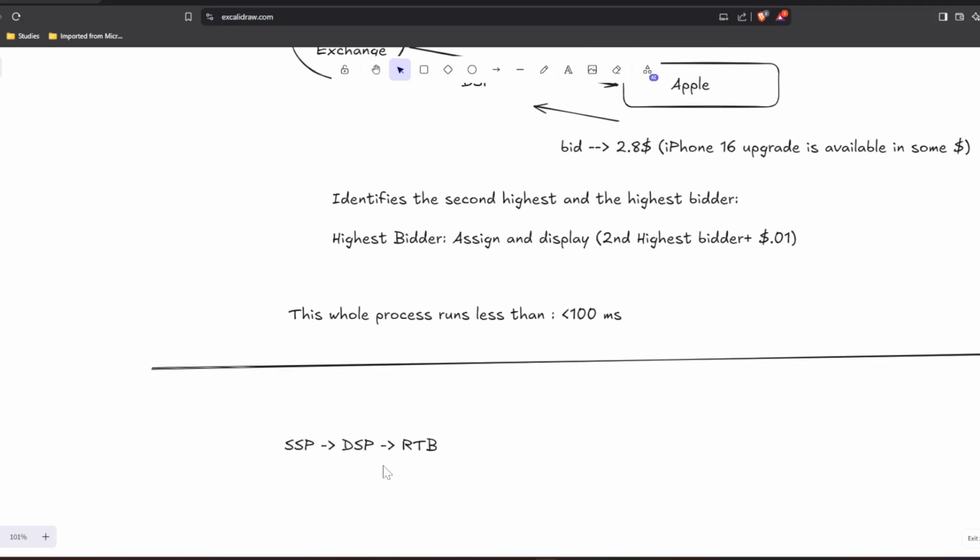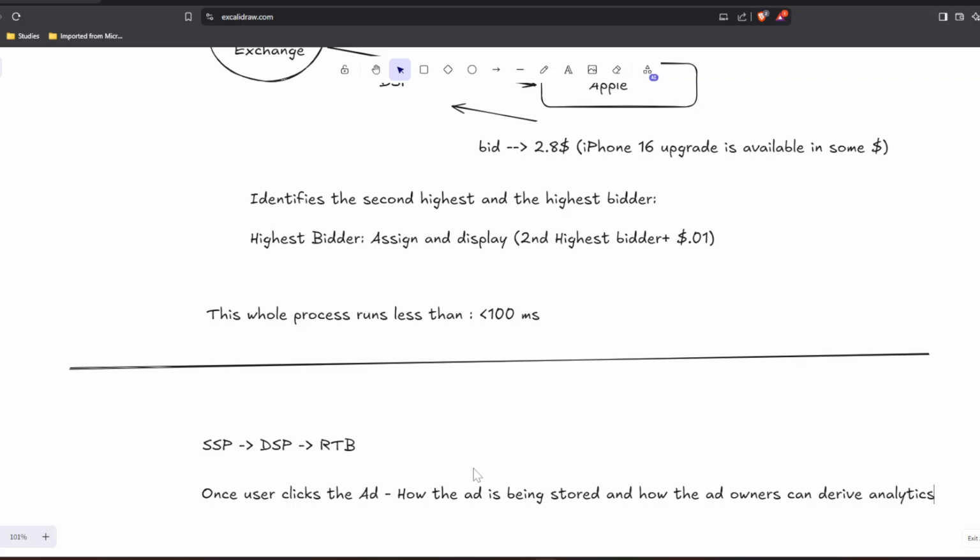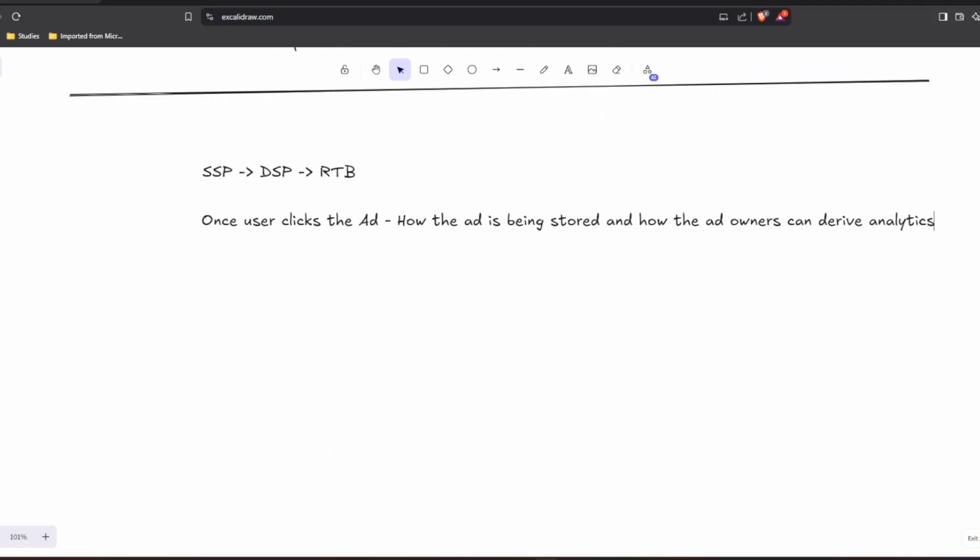And after RTB, after this process is done, once the user clicks the ad, how is the data stored, and how can the ad owners derive analytics from there? That is going to be our point of study here. Okay, so rather than going into designing this real time bidding, which is a completely different kind of process,